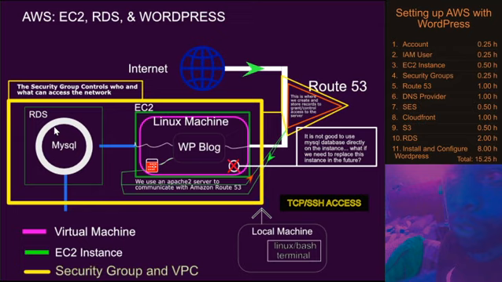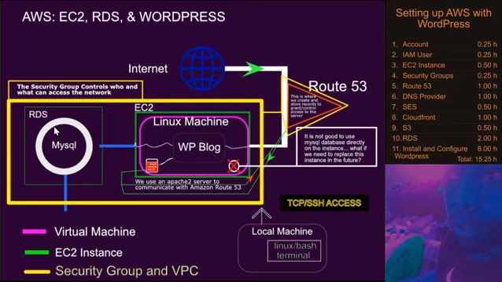Trust me. All right, the security group controls who and what can access the network. VPC, I think that controls what accesses the network. The security group controls who and what, anything coming in and out. I think. I mean, there's levels to this, but for the most part, that's what it is. That's all you need to know to have this set up, is how to put this whole network together, which is not really that hard.